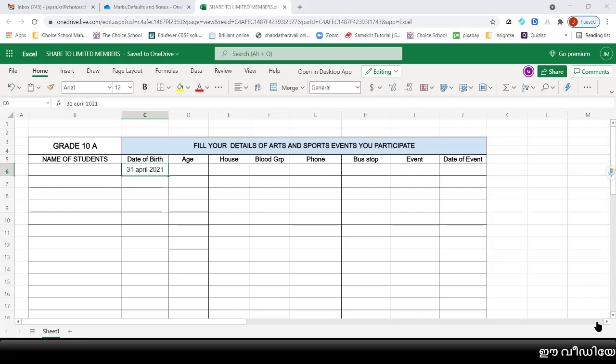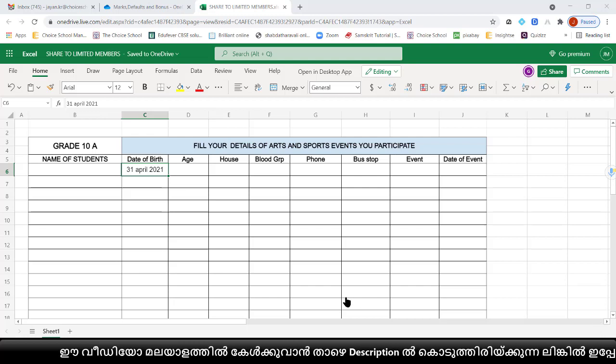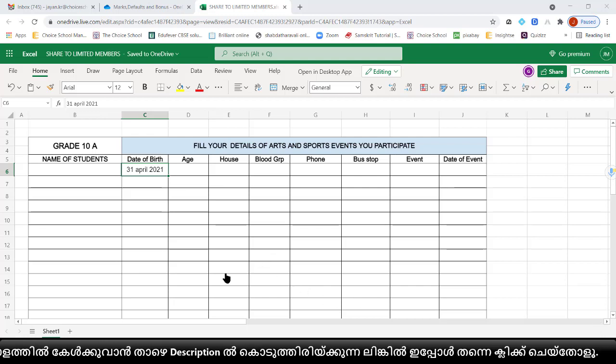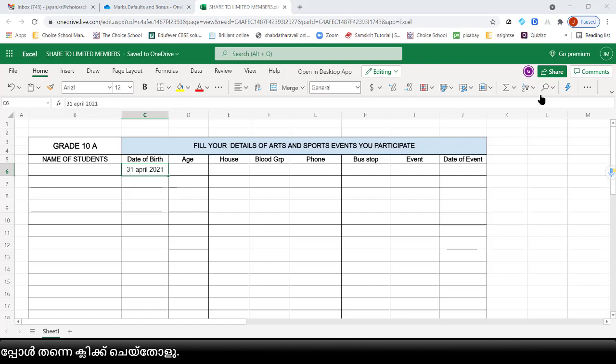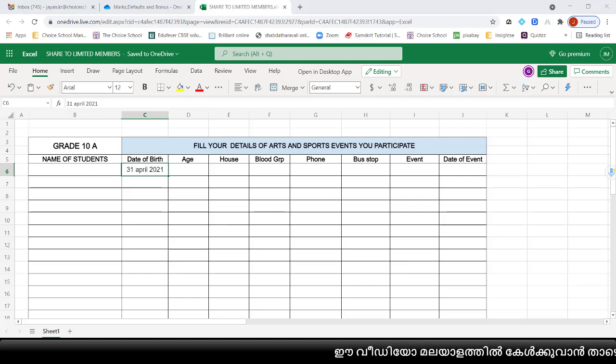Okay, which is that cloud space? It is known as OneDrive. We have to create one ID in OneDrive, then we can save this Excel sheet in that drive like the Google Drive. From that OneDrive, we can share your file with others. Okay, that drive is known as OneDrive. I told you. So now, how to create the account in OneDrive.